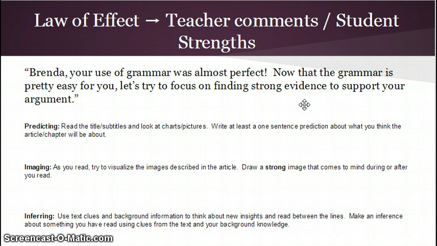Another way I use the law of effect is letting students gain comfort with their learning by giving them options and ways they can succeed. As you see below, this would be part of a worksheet they fill out when they're reading. They might have to predict, which is always a good reading strategy, or they can visualize or make an inference.